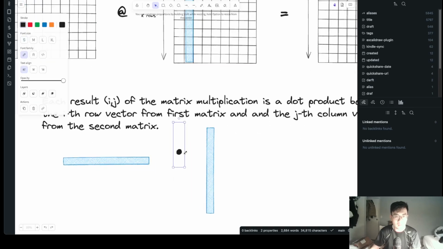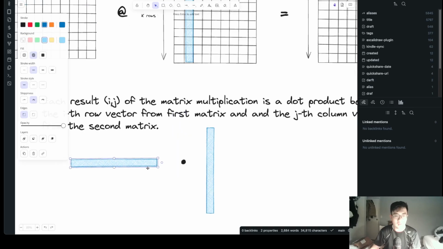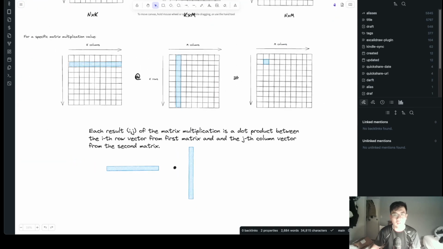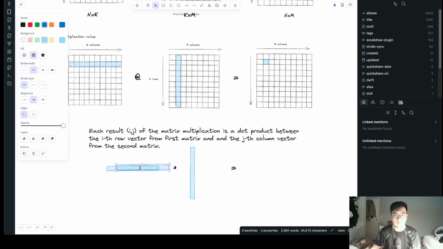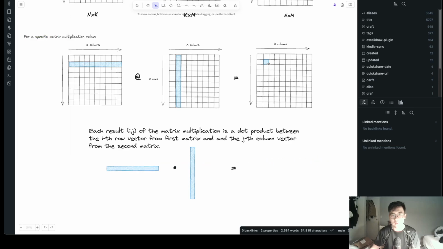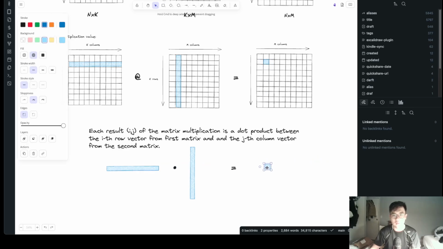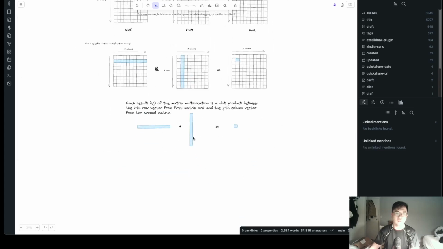Can you see my dot? Actually. Right, and so